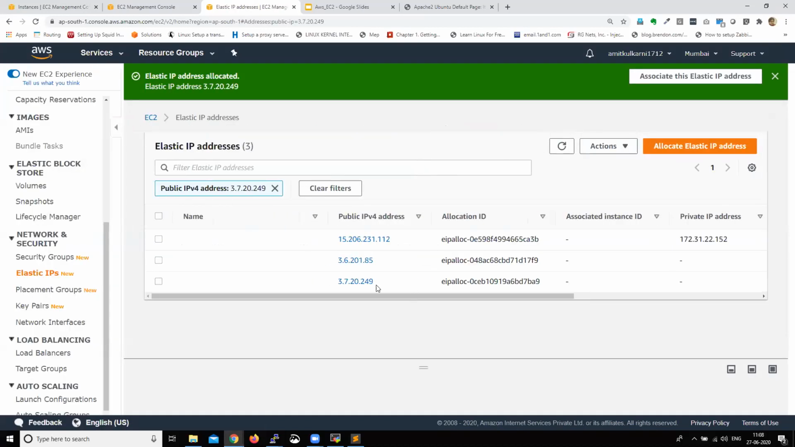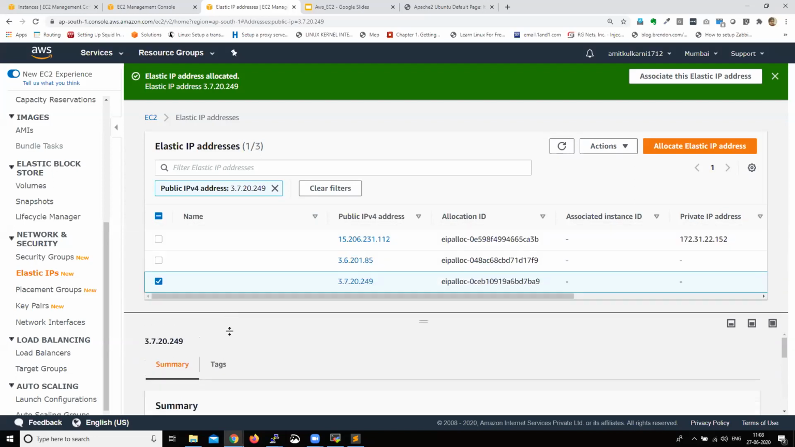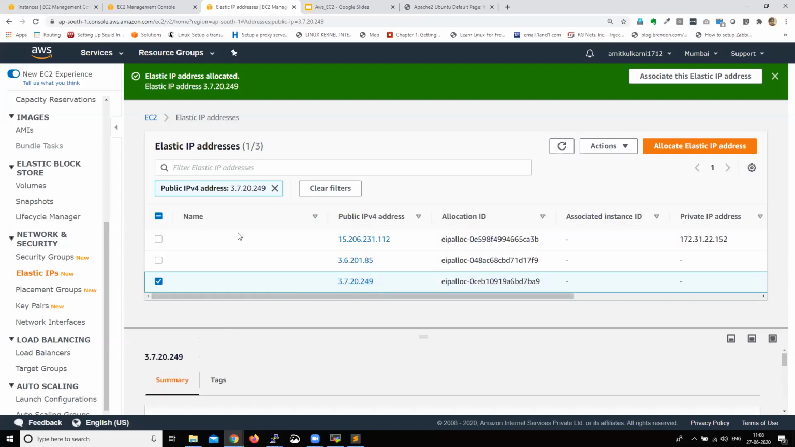Okay, so if you see, we got a public IP, this one. So this one was created. This was already there, and this one was created just now. Now what I can do is I can go to actions, and I can say associate elastic IP. When I click this,